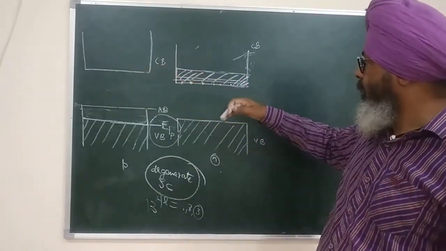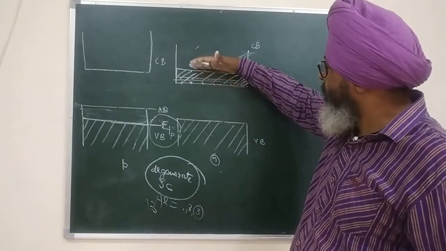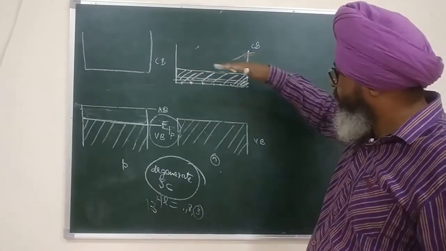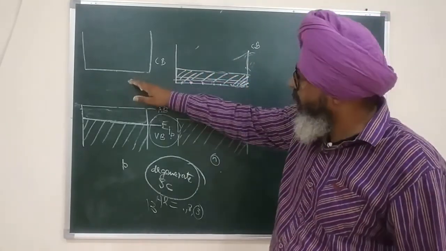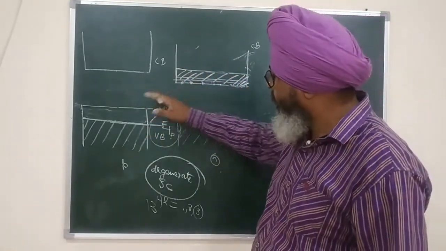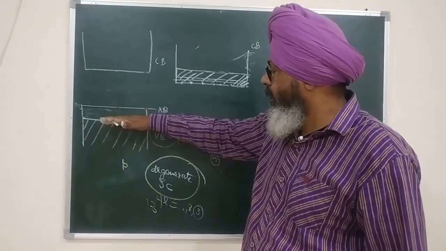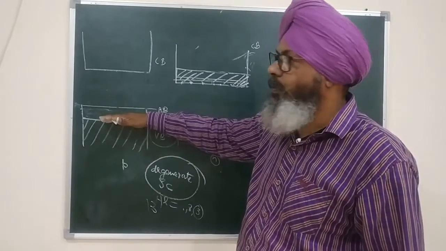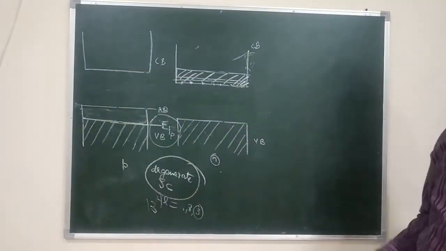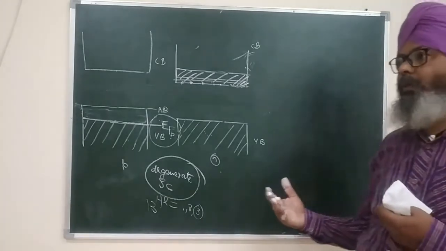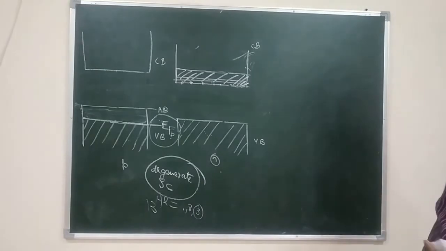Now you can appreciate, when electrons diffuse from n-type, the Fermi level in n-type will come down, and when they diffuse toward p-type, since the p-type material is getting the electrons, the Fermi level in p-type will start moving upward. Now this will not continue till the concentration becomes the same in both of them. That is possible only if the diffusing particles are neutral.